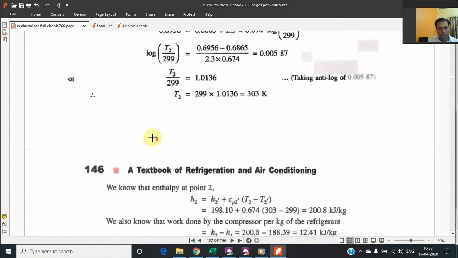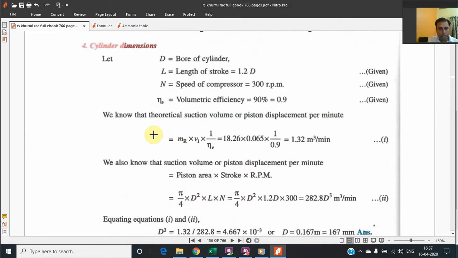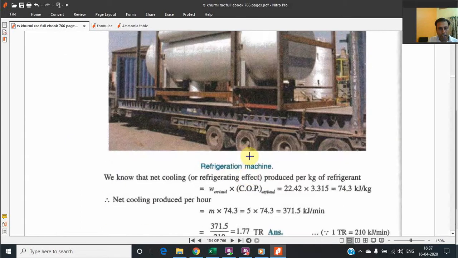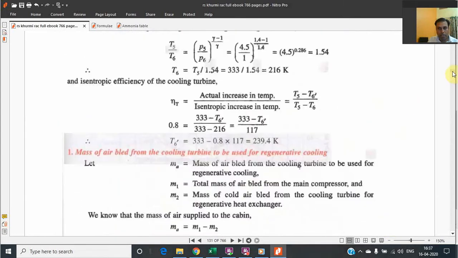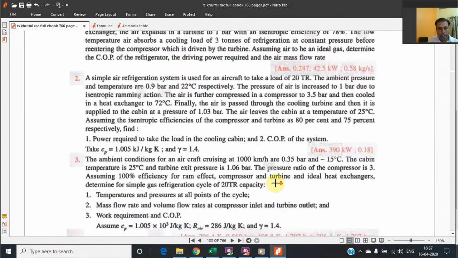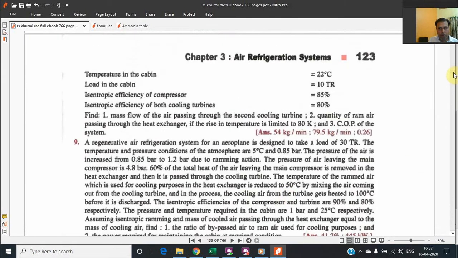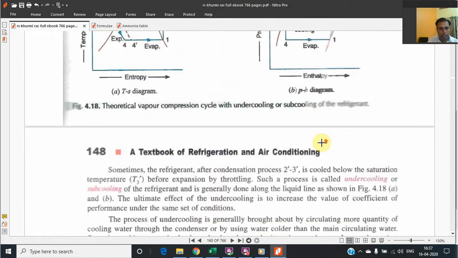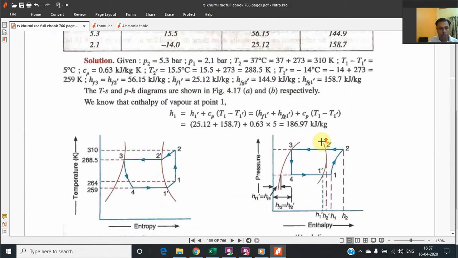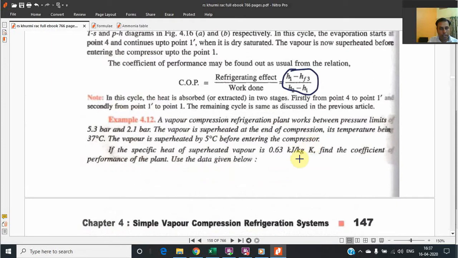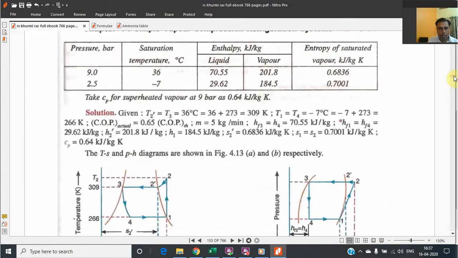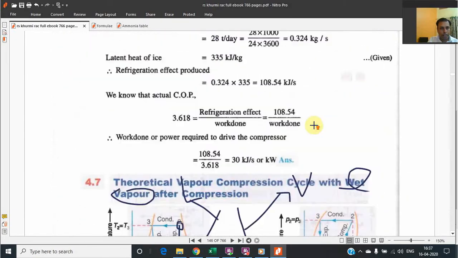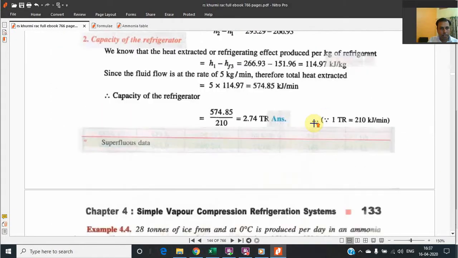For this, we should have the elementary knowledge of how to see the table, because seeing the table is important. And we are starting with one question that I will solve, one simple question for you, and thereafter we will go through other questions also, and how to solve those questions. So starting with how to see the table and how to solve the questions on this. So we are starting with that. Certain time will be required. Wait a minute.